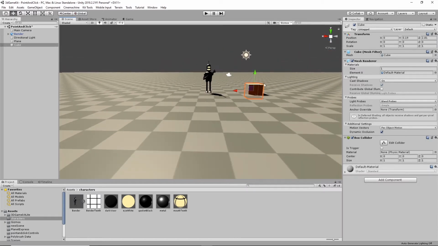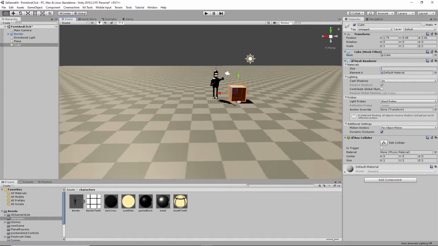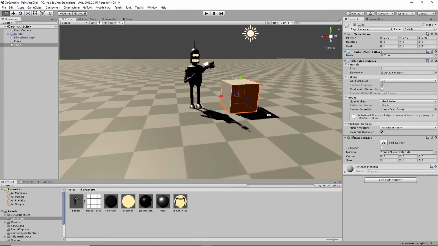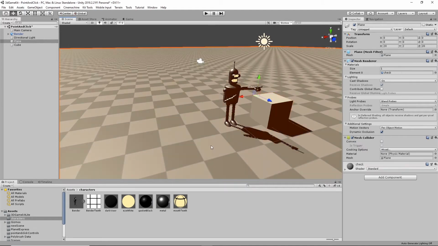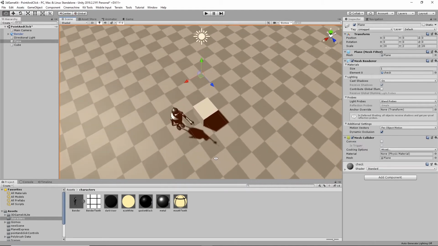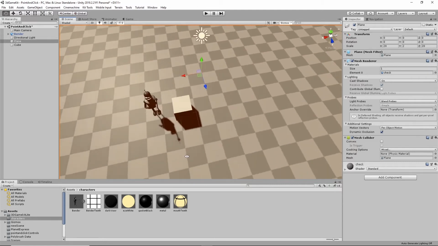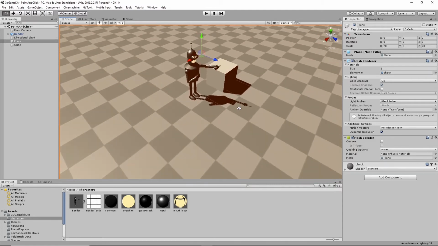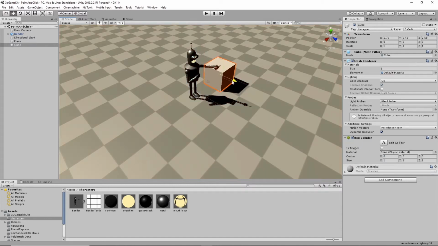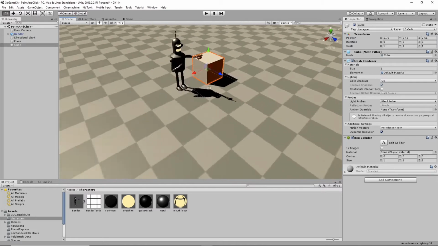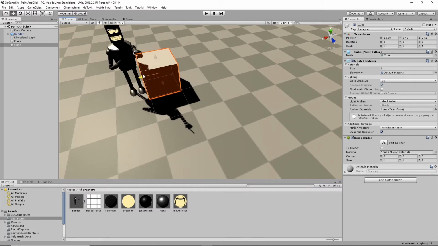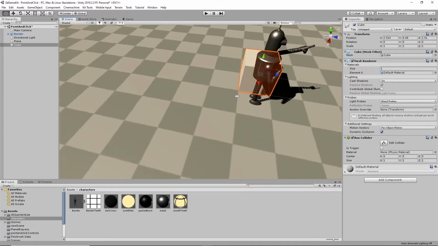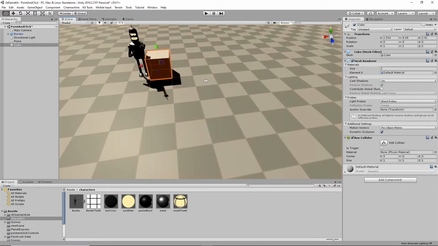So, let's see. We'll just look at it relative to his. Yeah, he's like 2 meters tall, I think, unless I've changed his scale, but close. And then these would be slightly different. I'm not sure why they don't represent something, because at some point they should be representative of a meter. I guess they are, just for some reason they look a little different. If I set the cube right smack on top, then they are. Okay, so anyway, so now we have